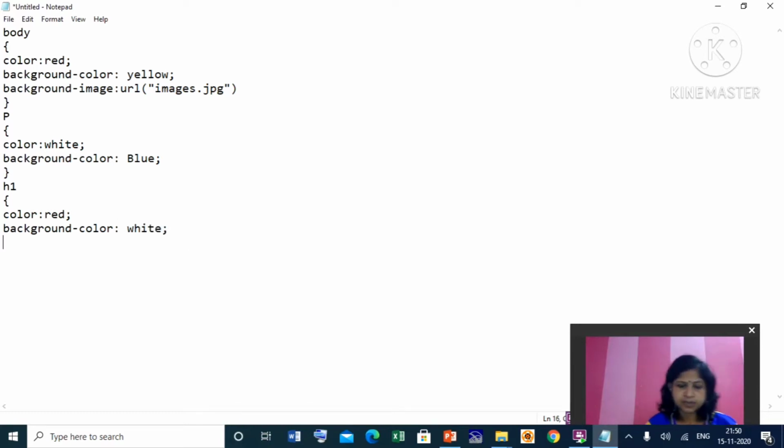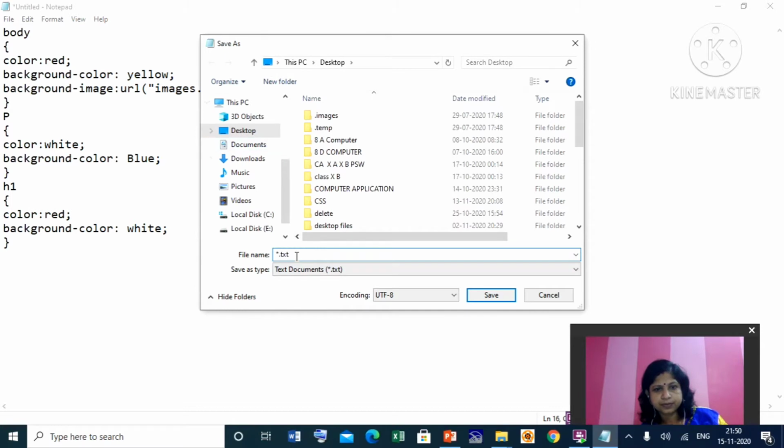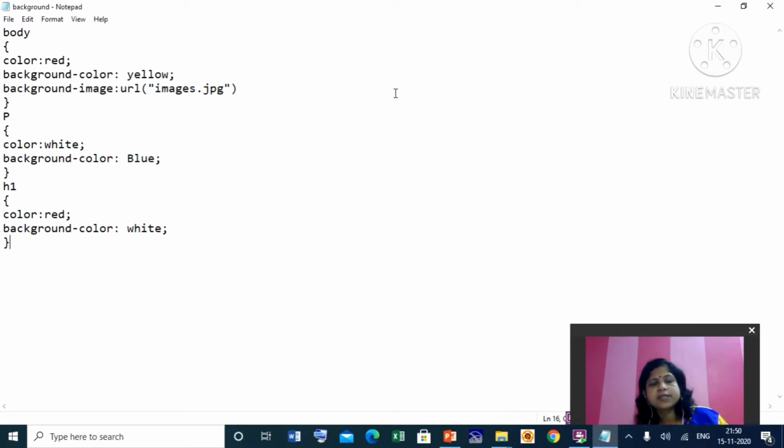So you specify all the properties, then you save this CSS and save. Now the CSS file we have created.